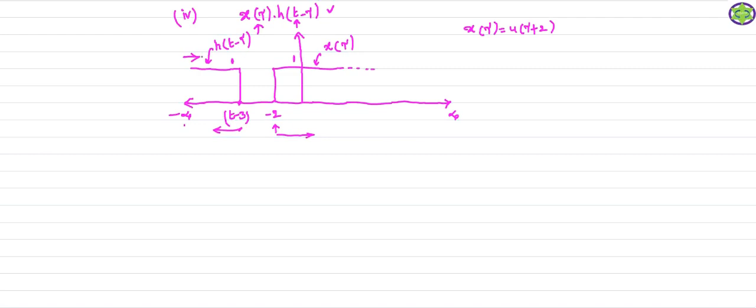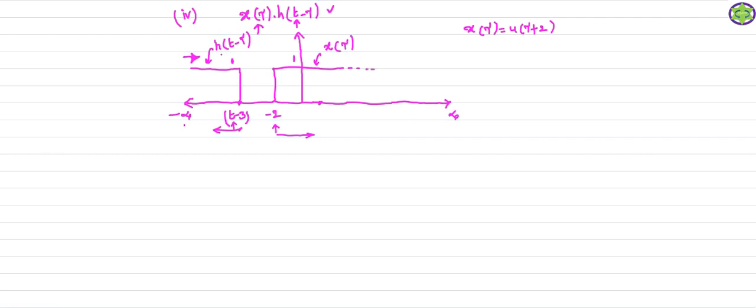Now if you observe, this arrow indicates this h of t minus tau signal is moving. Why is it moving? It is moving because here t is going to change. Whenever t changes, this signal moves from left hand side to right hand side. Suppose t is 4, so this signal is defined at 1. t is 4 means 4 minus 3 is 1, so this signal is defined at this position. Like that you can imagine. This h of t minus tau signal is moving from minus infinity to plus infinity.